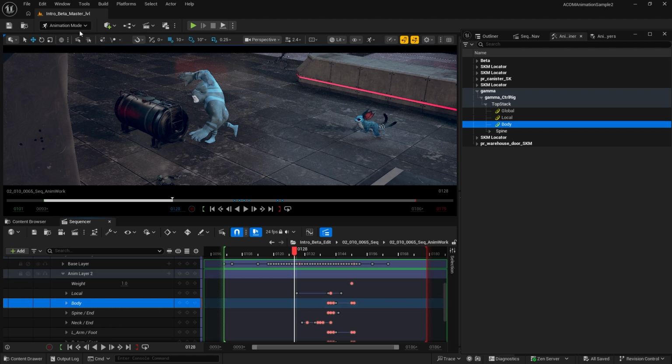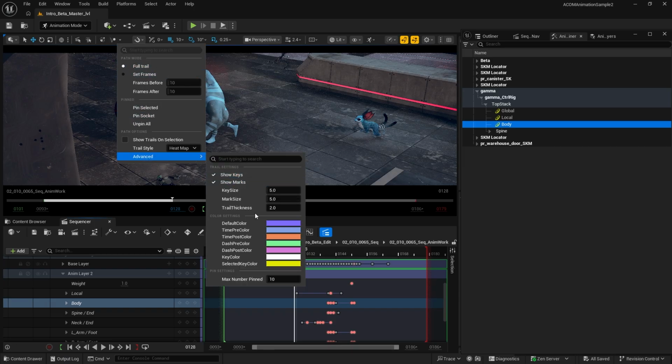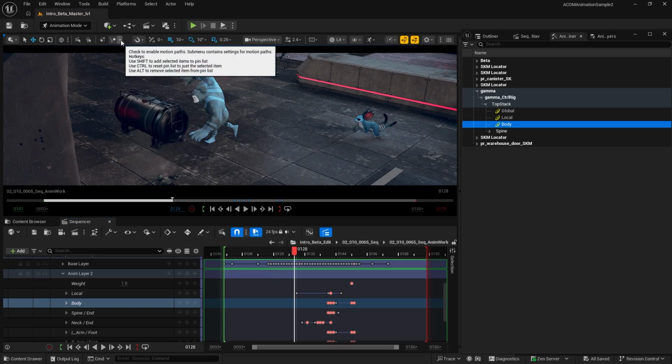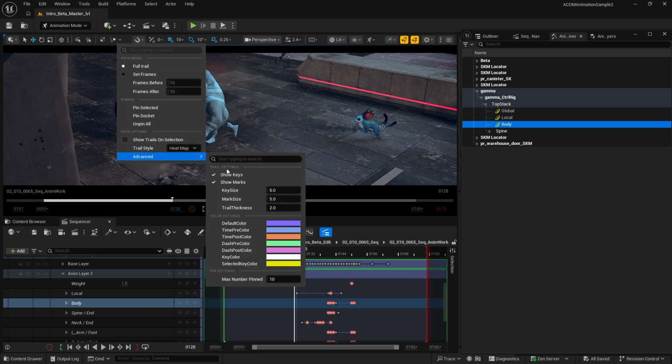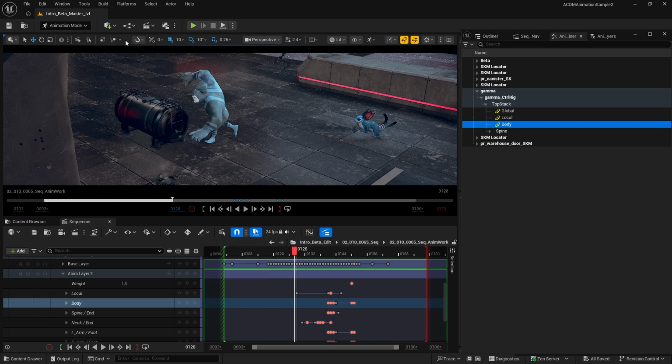You should also be in the animation mode. If you are there, you basically take a look at its appearance first. I strongly suggest you increase the thickness a little bit and maybe the key size and the mark sizes too. You can also enable show keys and show marks. That way it will have a better representation. If not, the thickness will be very, very small. So you need to close the menu and reopen it to get affected by the recent changes that you have made. It doesn't automatically change the values while you are working on it, so it needs a refresh.